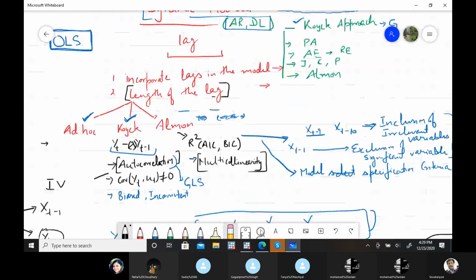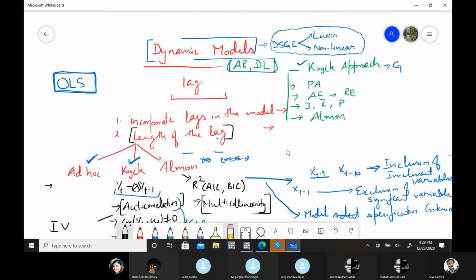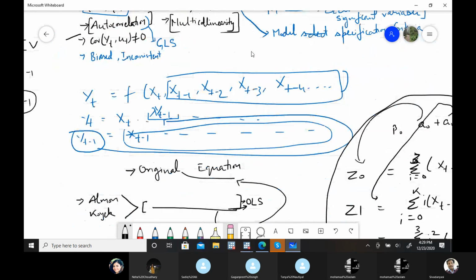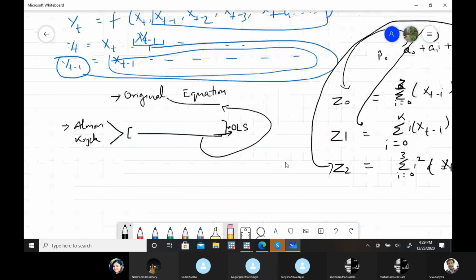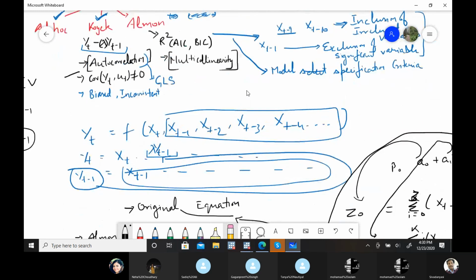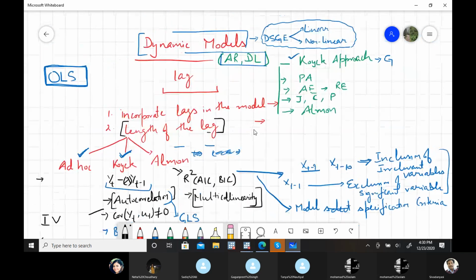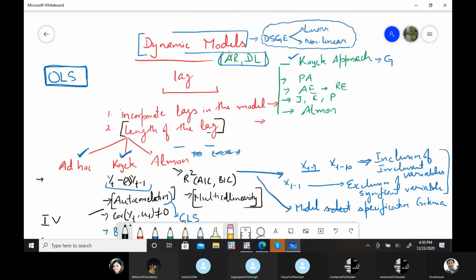So these are the basic dynamic models, AR and distributed lag models. But as I told you, these branches are endless. The more you read, the more you learn, and then you have more questions, more curiosity to know more types of models. The other major field of these models is DSGE, as I told you.